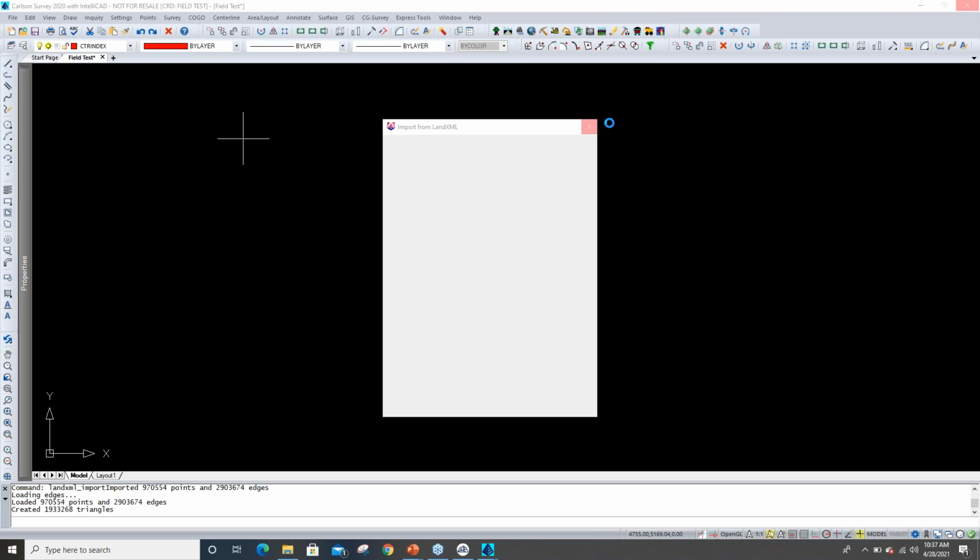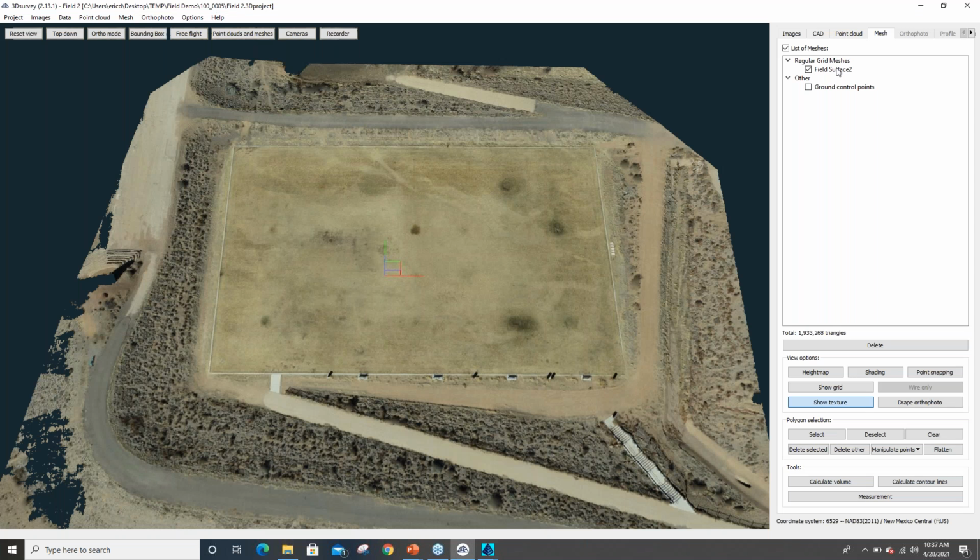And for some reason, I think I've locked up my computer here. We'll give it another minute, see if it's finished this processing. While we're waiting for that, let's just jump back into 3Dsurvey, and I will show the step that I wanted to do,